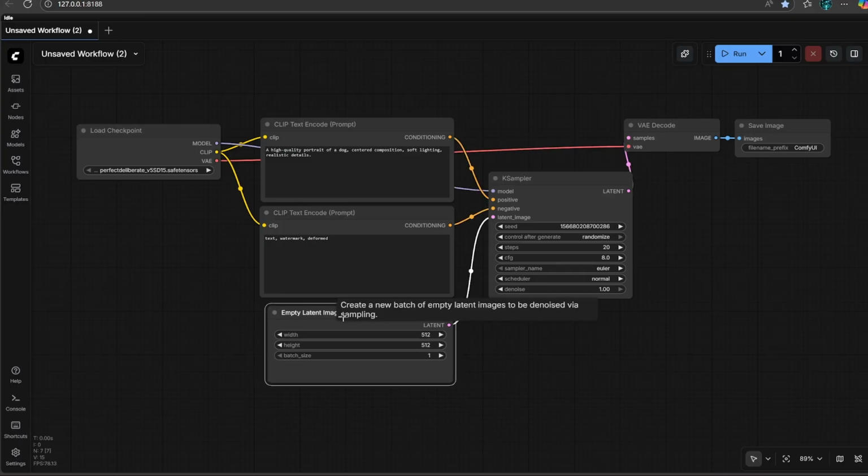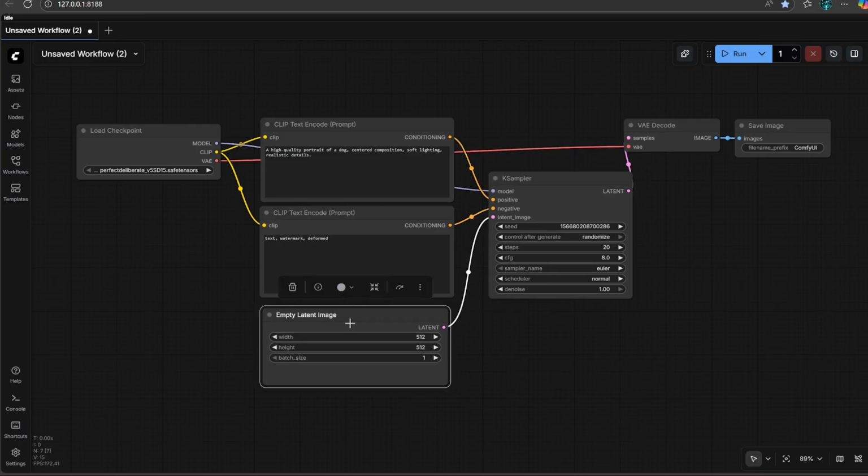Moving on, the next node is the Empty Latent Image node. This node is used to define the width and height of the latent space, which you can think of as setting the size of the canvas before you start painting. We can change this size based on our preference or model requirements. Since I'm using the Perfect Deliberate model, I'll set it to 1024 by 1024, which is one of the recommended sizes for this model. Notice that this node also doesn't take any inputs, and its output is passed directly into